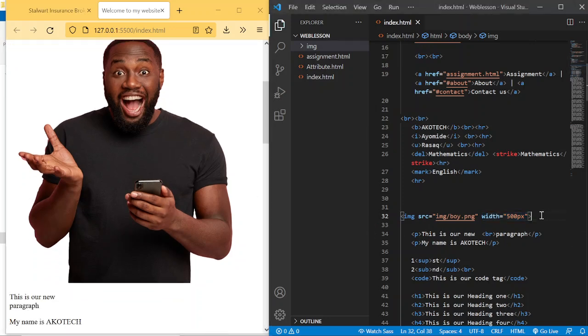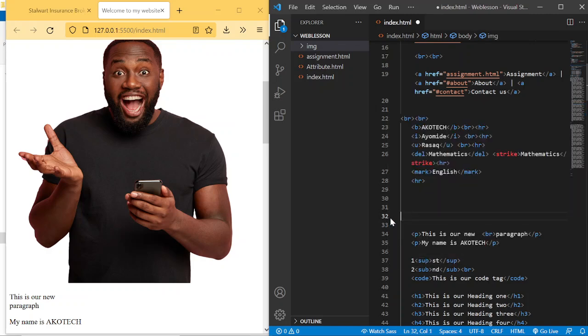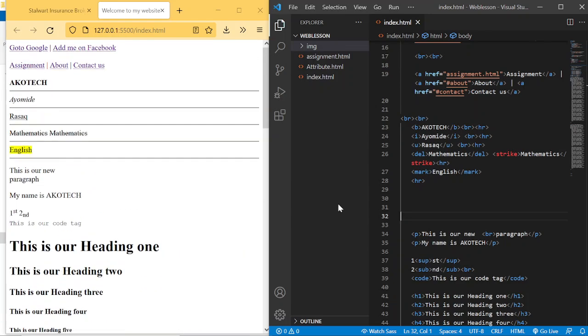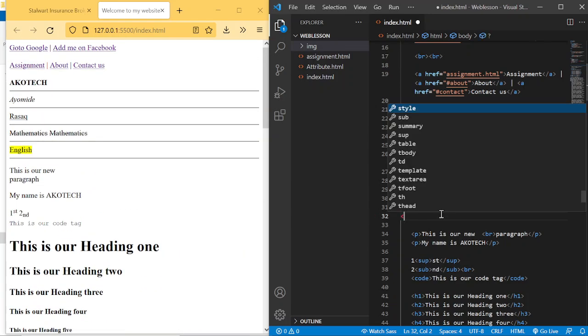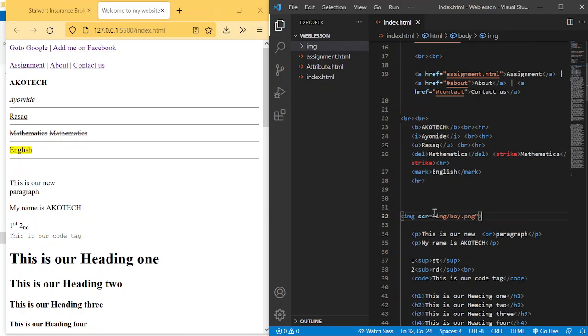Like I said, for instance, let's try to add the image back. We say img, let's just rewrite the image. Let me save, and we don't have the image there anymore. So let's say we want to add it back. img src is equal to quotes. Then you are going to call where the image is, and say the image is inside which folder: img slash boy.png. That is our image. But whenever you save it back, it is going to come